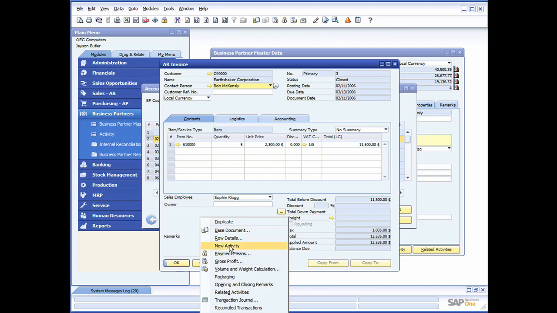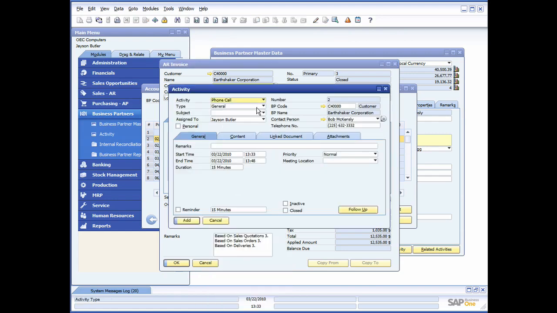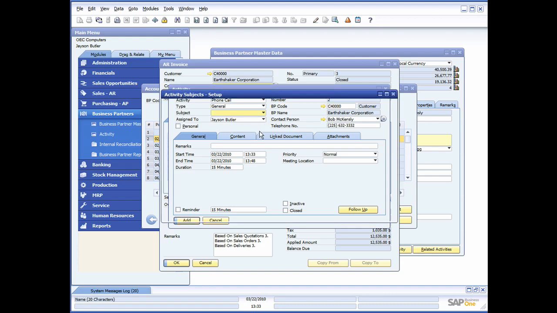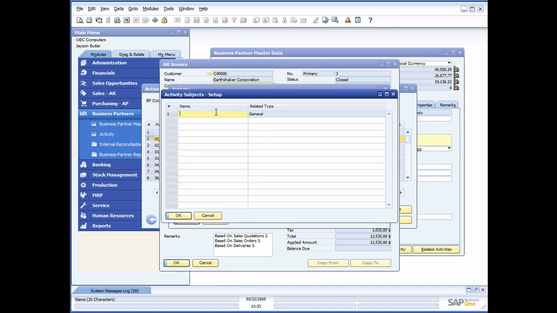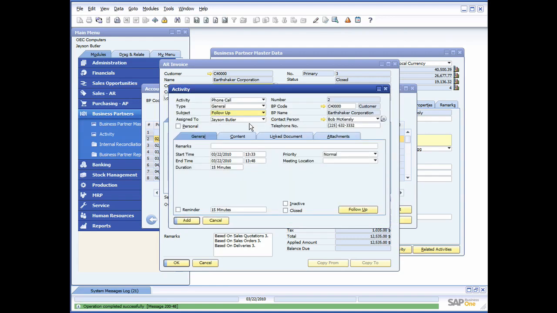All I do is right click on the screen, choose new activity, and then very simply I can choose what activity type it was. So this was a phone call. I can specify a subject. I'm going to define a new subject here, and I'm going to say the subject of this was a follow-up. By choosing follow-up and putting that in there, I'll say okay, so this is a follow-up call. I can now put the details of the call,